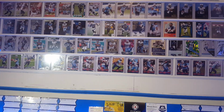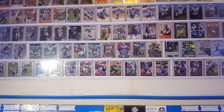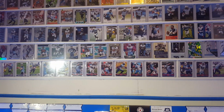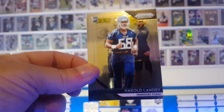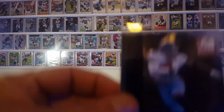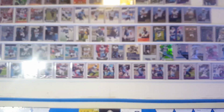And I'm just going to show them. I'm not even going to name them off or anything. There's some pretty good numbered ones here. All Titans. That's my PC. Just some couple base. But again, I don't care about how much they're worth or anything else. Some of my favorite cards are base cards, man. And these are going to definitely join my display at the new place when I get the Titans wall built,